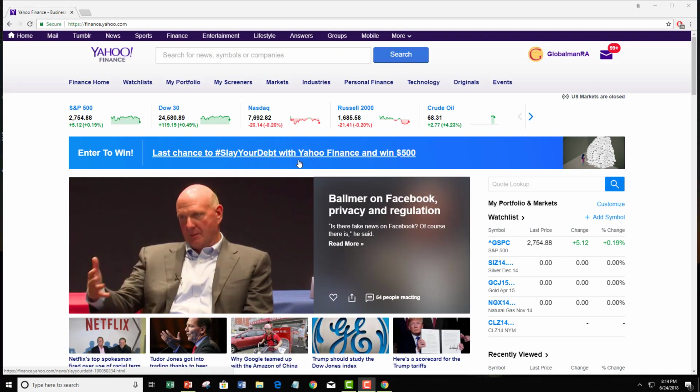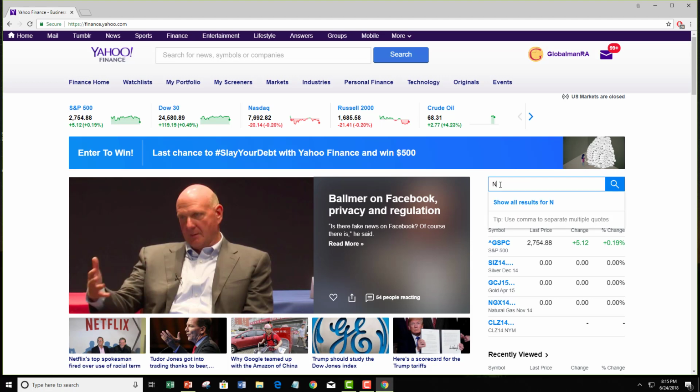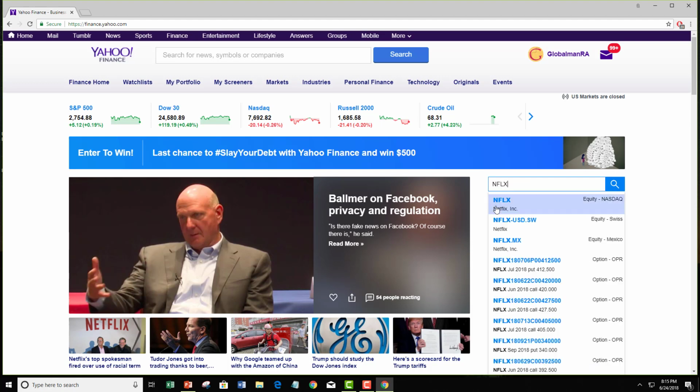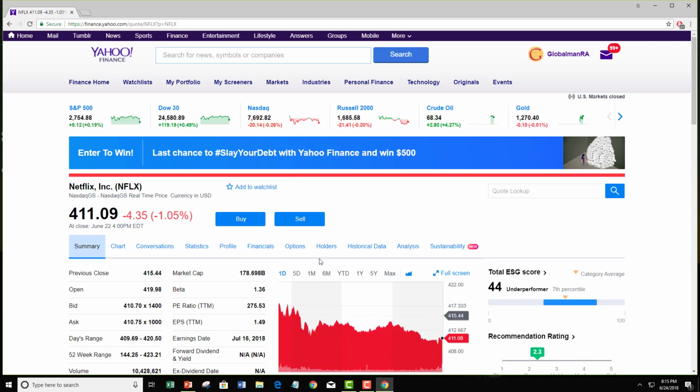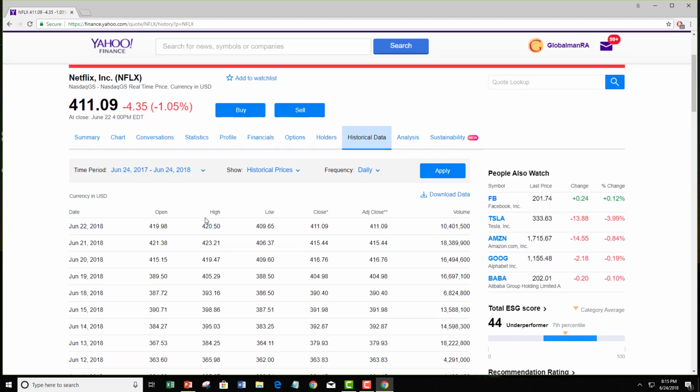Once you are on finance.yahoo.com, on the lookup box on the right hand side, type the name of the company or ticker symbol. So I'm going to type here NFLX and it will suggest the name of the company. Click there and it takes you to the page that has all kinds of information about that company. Since I'm interested in historical data, I want to click on historical data, and now we have to make